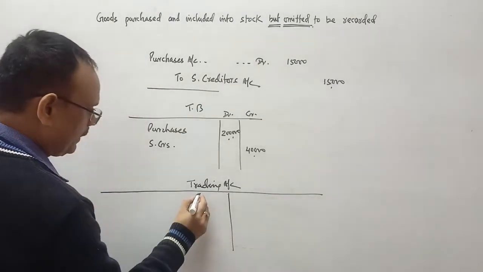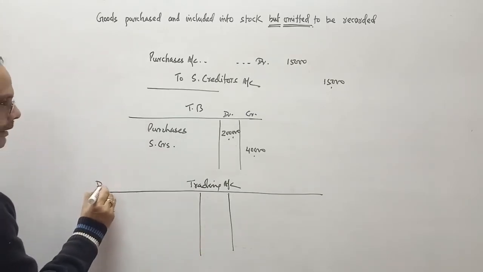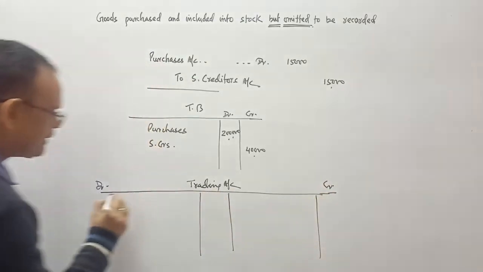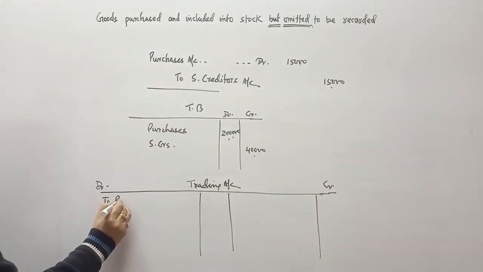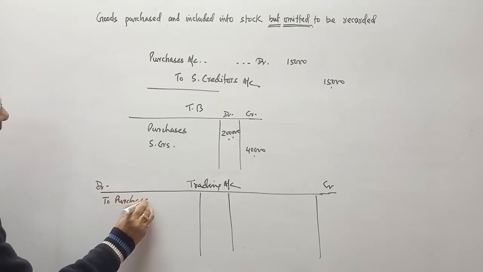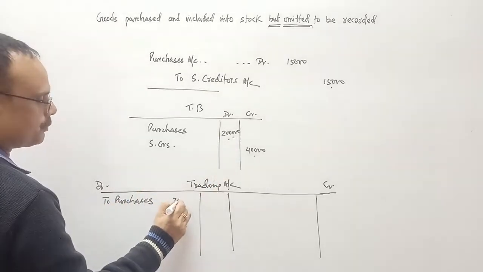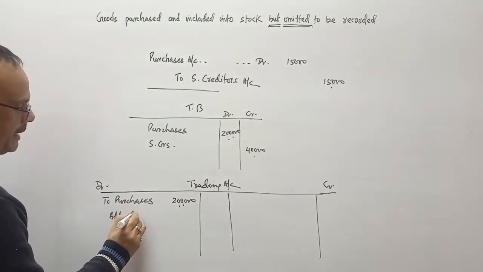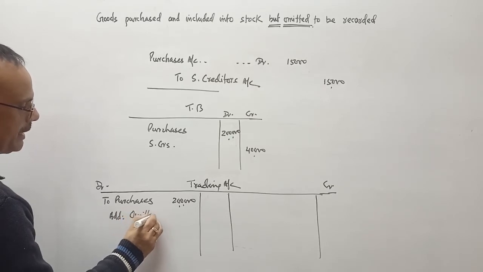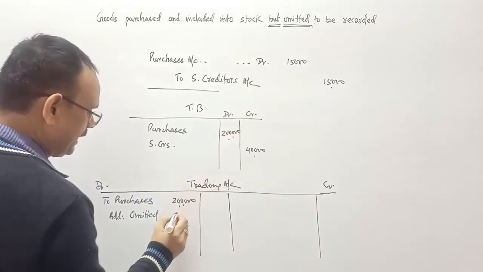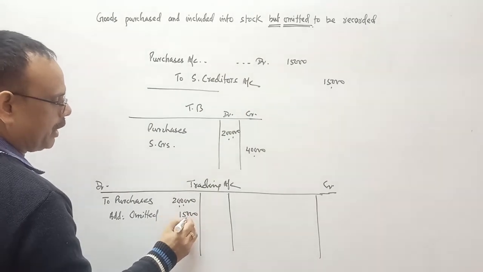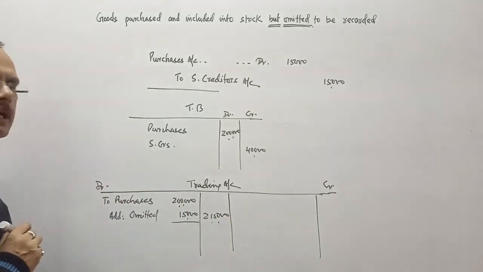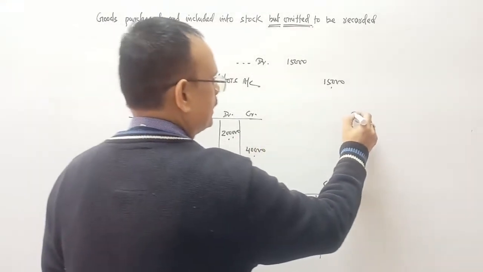Okay, this is your debit side. So on the debit side you write the purchase which is given in the trial balance. In the trial balance it is given as 2 lakhs, and then you add the omitted 15,000 to record. So in the outer column you write 2,15,000 in the trading account, and in the balance sheet